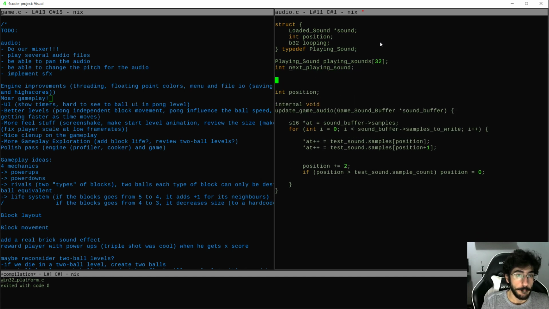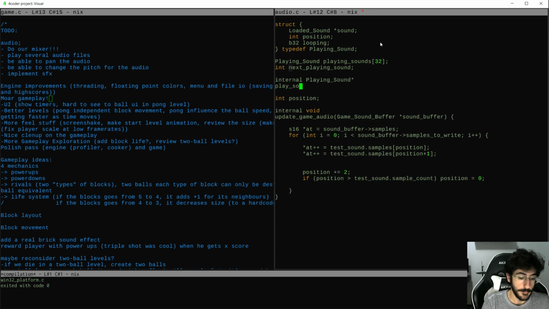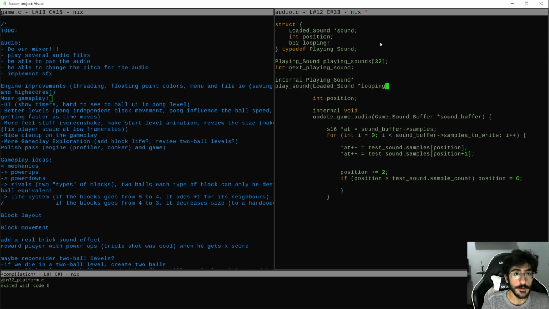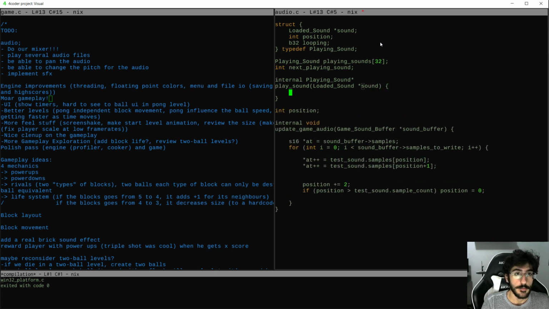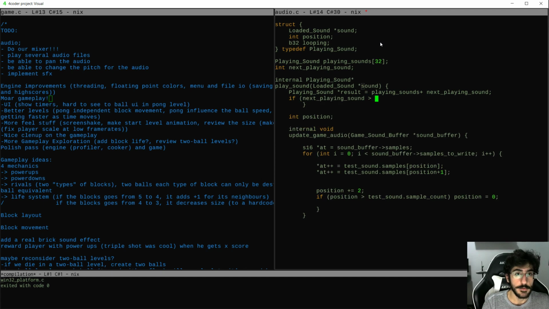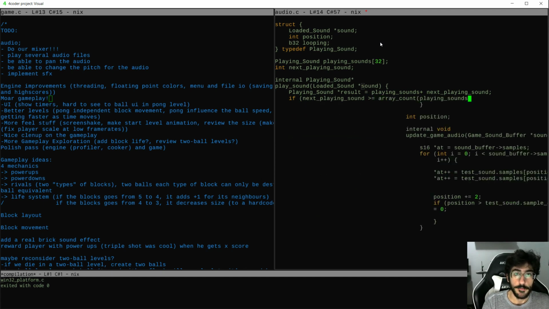Okay, and now we're going to do an internal playing sound, play sound. Then we should take a pointer to a loaded sound. Like sound. Maybe that's it for now. So, playing sound result is going to be equal to the playing sounds plus the next sound to play, next playing sound. And if the next playing sound is greater than or equal to the array count of playing sounds,